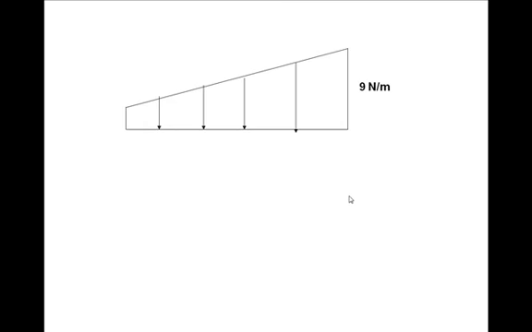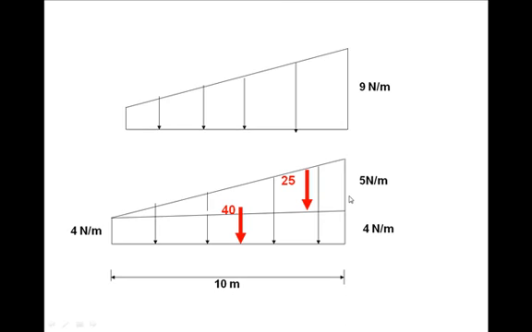Okay. Now suppose your trapezoidal load, say one side is 9 and other side is 4. Then you can convert this into a rectangle and triangle, and each of these you know what is equal. For example, this side is 4, it's not written here, it's written here 4. So what you do is it consists of a rectangle of 4 by 10, so total load is 40, and